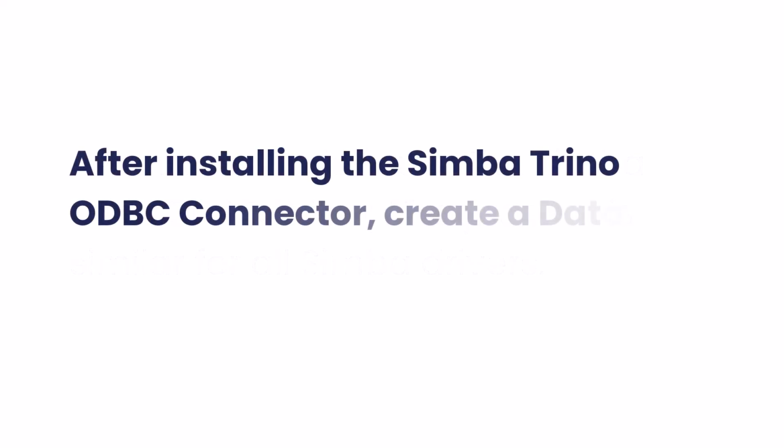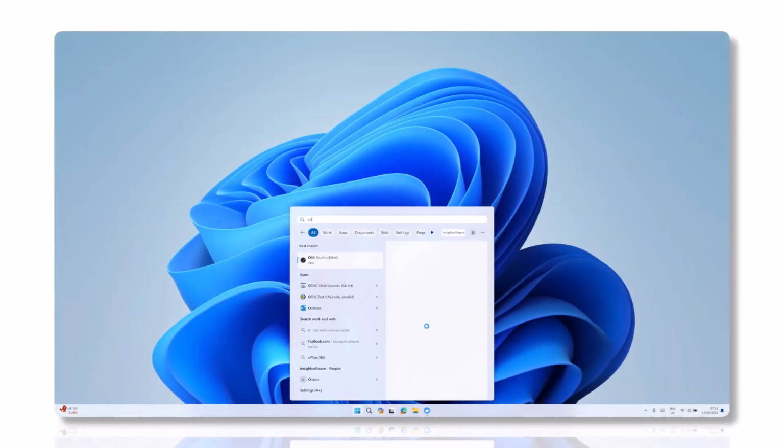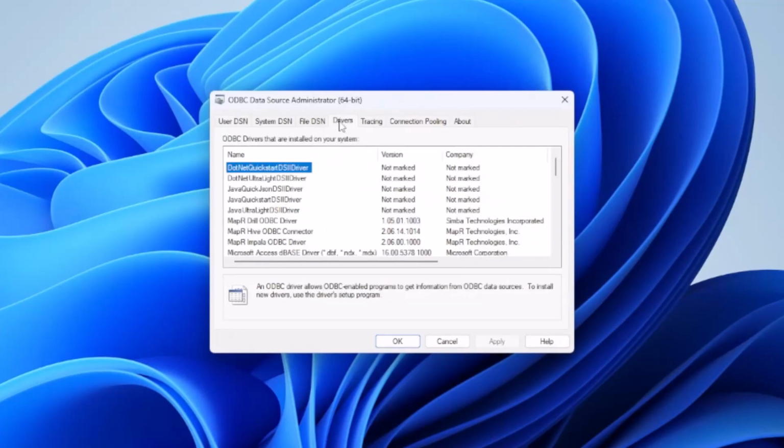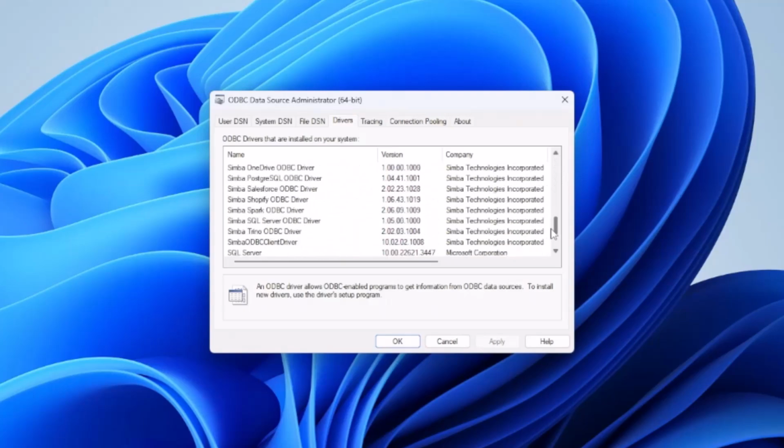After installing the Simba ODBC connector, create a data source name. To create a DSN, navigate to ODBC data sources from the Start menu. Ensure that you select the ODBC data source administrator that has the same bitness as the client application that you are using to connect to Trino. In the ODBC data source administrator window, click the Drivers tab. Use the scroll bar to select Simba ODBC driver from the list of ODBC drivers that are installed in your